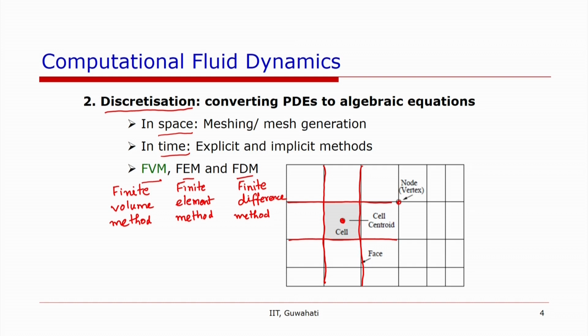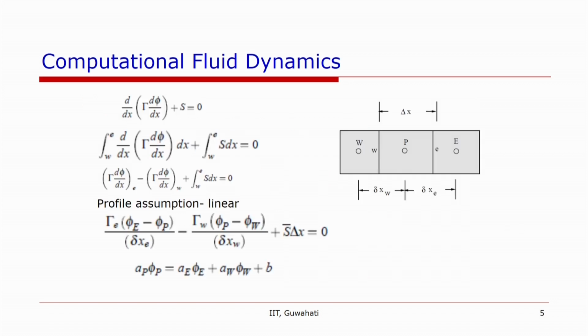Okay. So in the continuous domain, when we have the partial differential equations, then we have the values at all points, whereas in computational fluid dynamics we are discretizing and we get the values at the center of the cells. Apart from that,